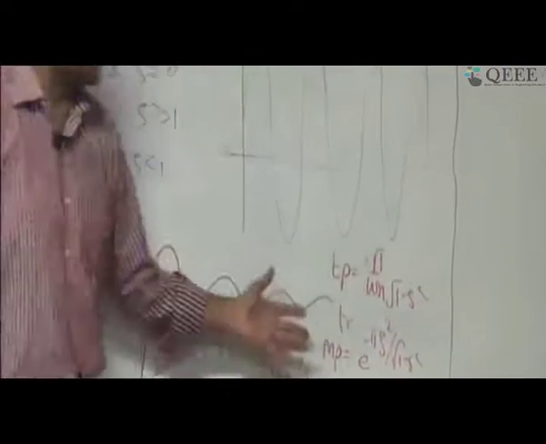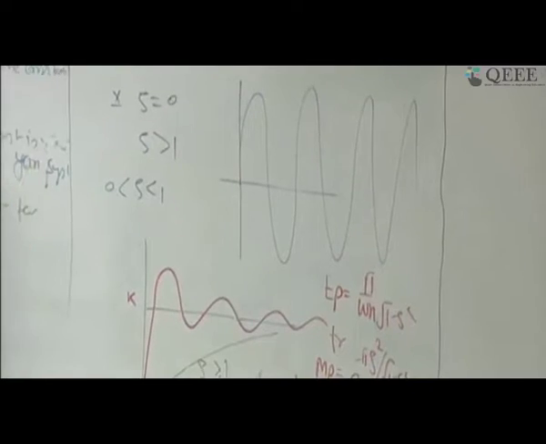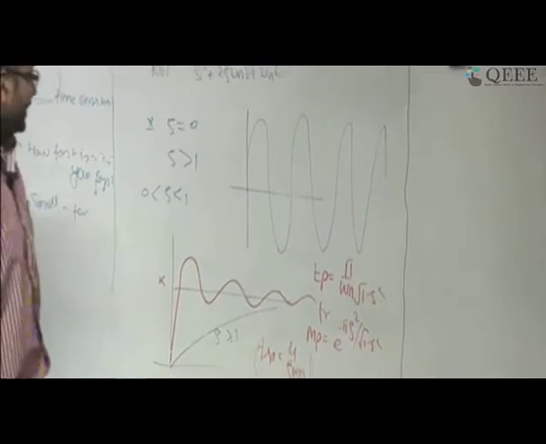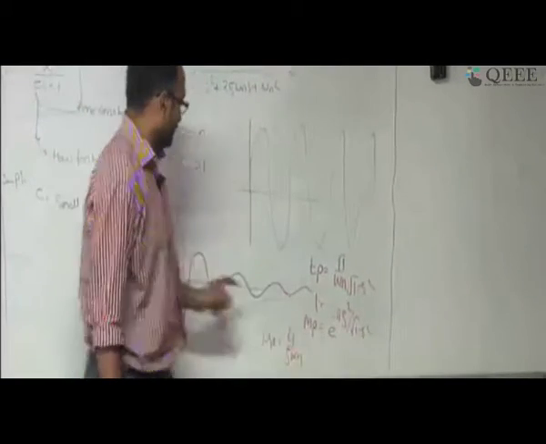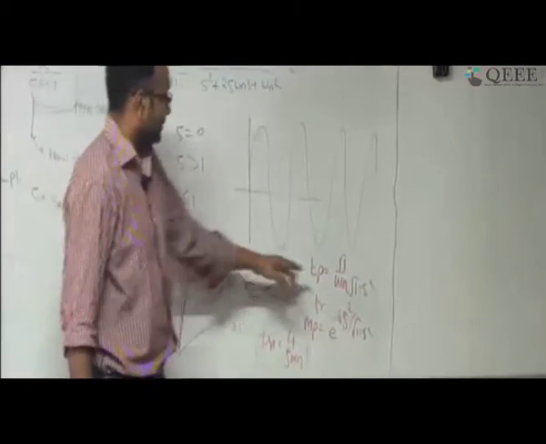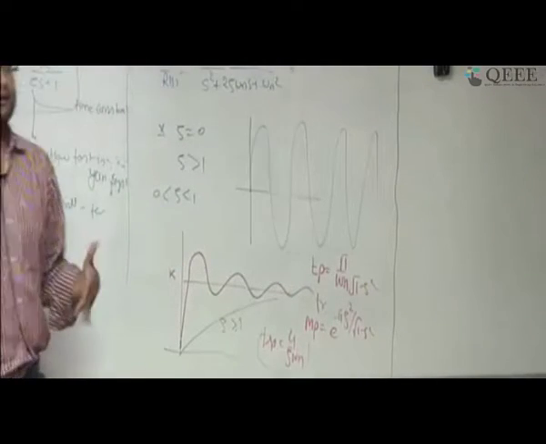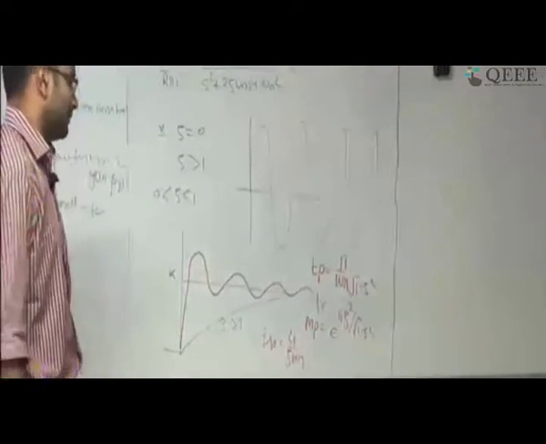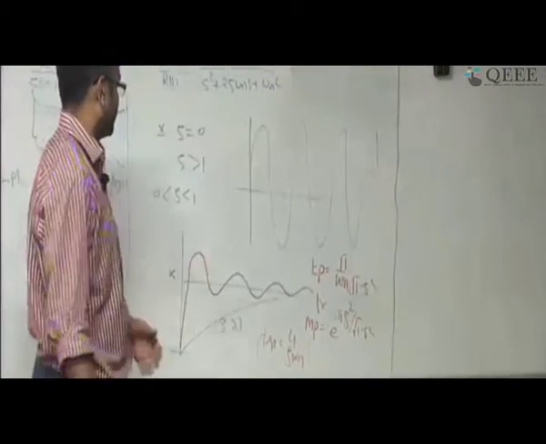How we have derived these relations, which I have explained, you can look at in your notes. Okay, so what I want: settling time should be as small as possible, peak overshoot should be as small as possible, peak time should be as small as possible. Correct? This is desired. Whenever designing a control system, these are the desirable properties you are looking for.